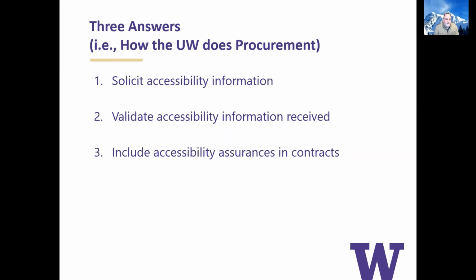I will say, having worked with a product like Canvas, which I think we're probably all aware of what Canvas is and how it works, Canvas has gone through a number of iterations since it was first implemented at the University of Washington, probably at your own campuses, with regard to accessibility. So there's been times where it was fairly accessible. There's been times where it wasn't very accessible at all. And part of that has to do with how a product like Canvas, not Canvas specifically, but lots of different products are developed.